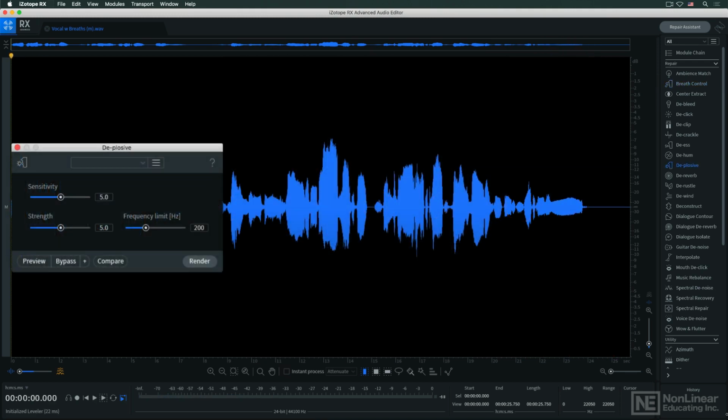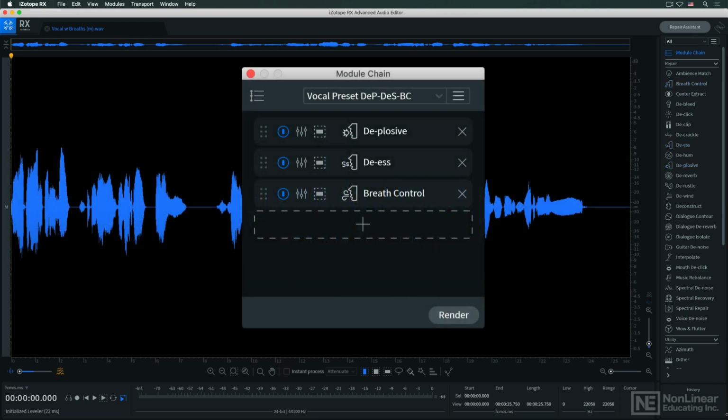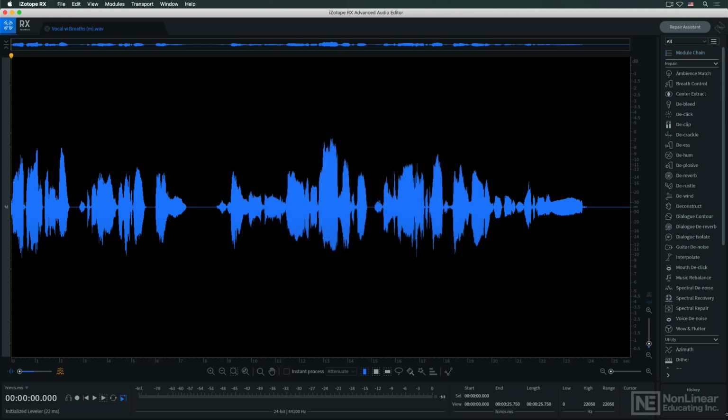Together, Deplosive, DS, and Breath Control can do an excellent job of cleaning up some of the most common issues in voice recordings, and it would be typical for them to be combined into a module chain for a more efficient workflow. Next up, processes that deal with clicking sounds,